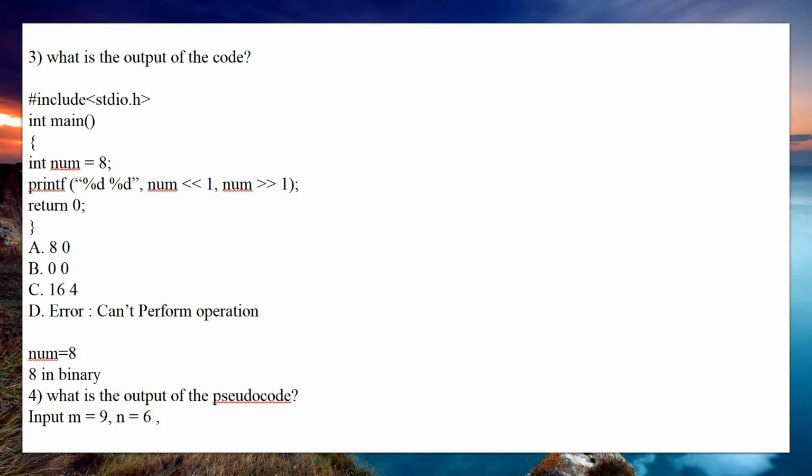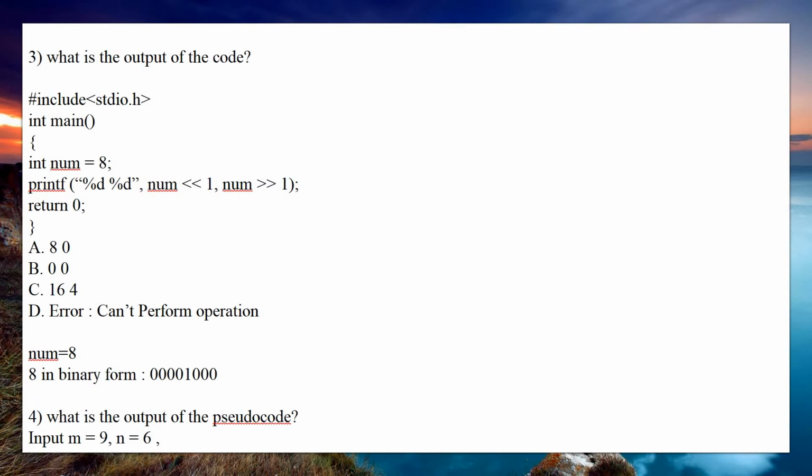Then after that you are going to perform the operation. So you write 8 in binary. It will be 4 zeros followed by 1 and 3 zeros. In this way you represent 8 in binary form. So first you perform left shift, then you perform right shift. In the left shift operator, this 0 is gone, then 0 0 0 1, then 0 0 0, then 0 is appended at the end.